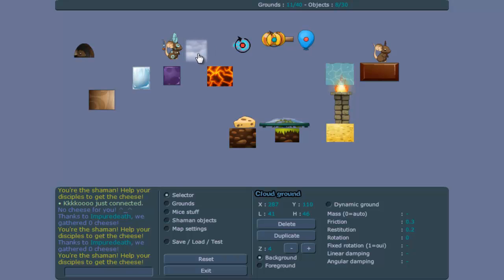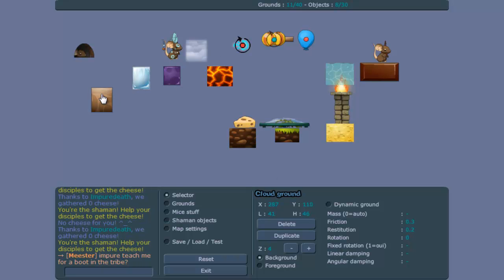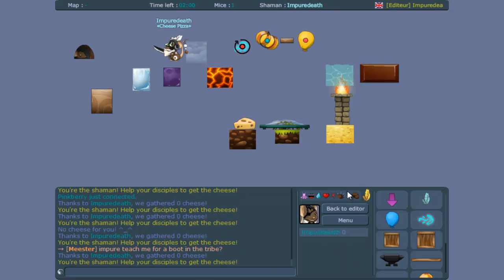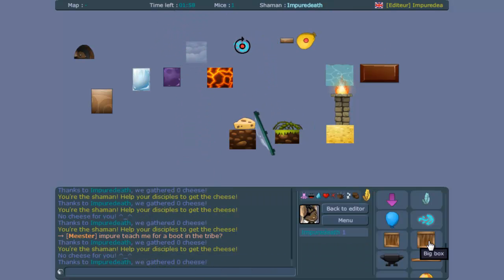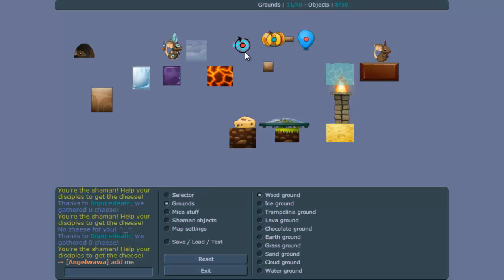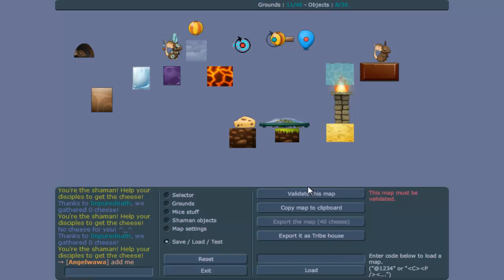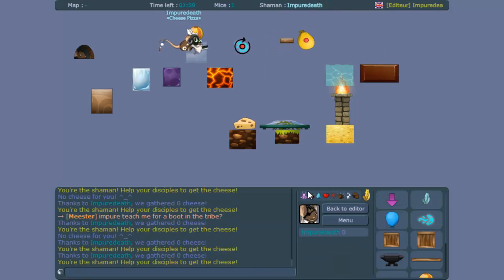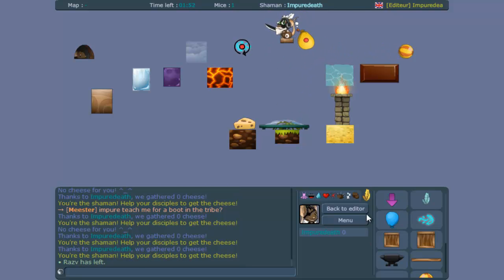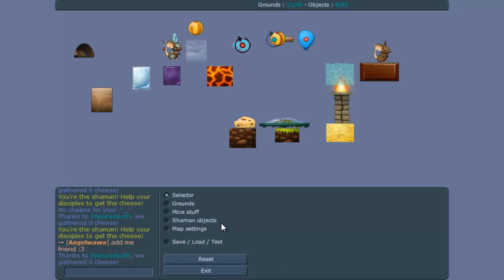So this is cloud ground. You can see it has the same, well, that's that default again. It has the same properties as normal ground, but it's not. You can see this by you going through it, which is really handy because objects like this ball won't be able to go through it. So you can make a selector or whatever, you can filter people from stuff or make all kinds of weird